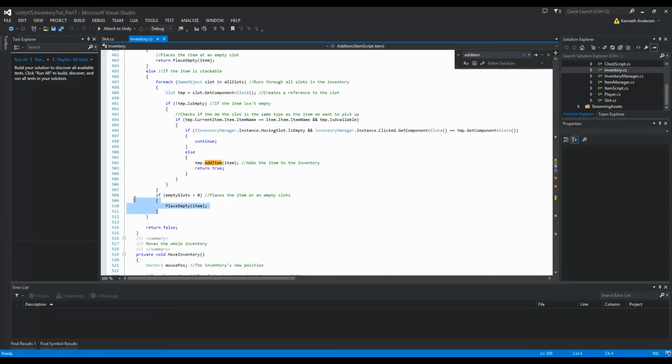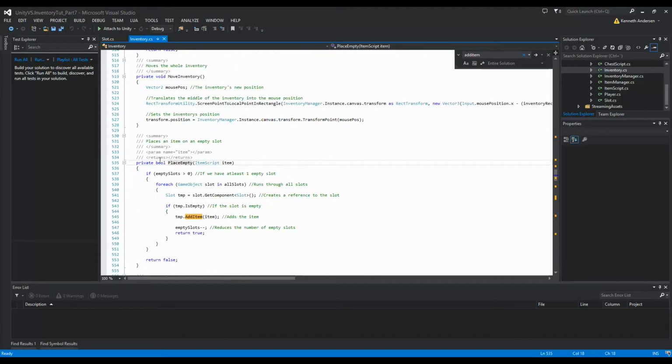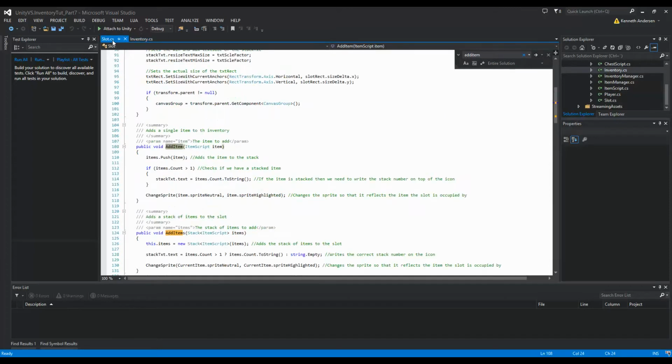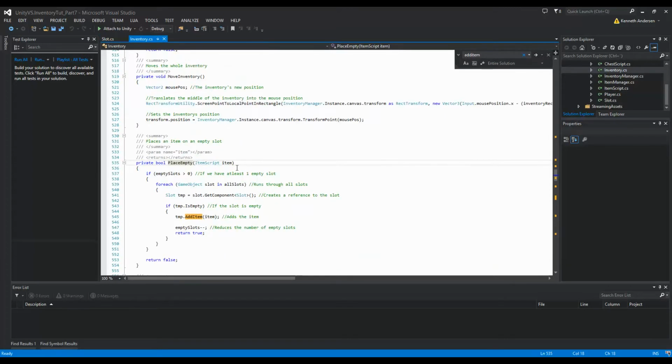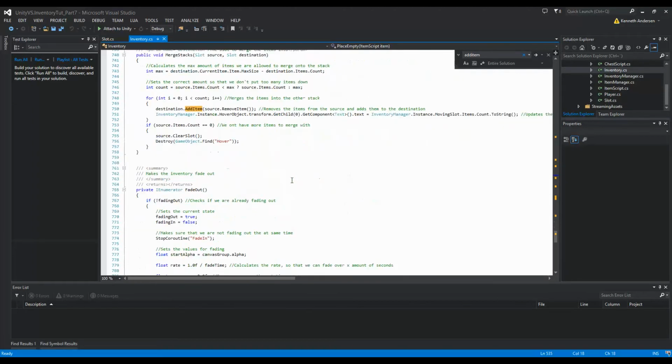and down here we are checking if empty slots is larger than 0. Well, then we're going to place empty, and the function place empty, if we go here, actually returns a boolean, but we are not using that boolean for anything. So what happens is that when we go to the add item function, let's go to it again,